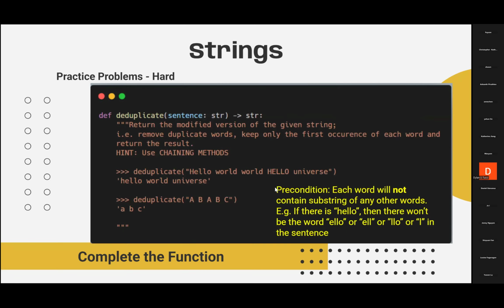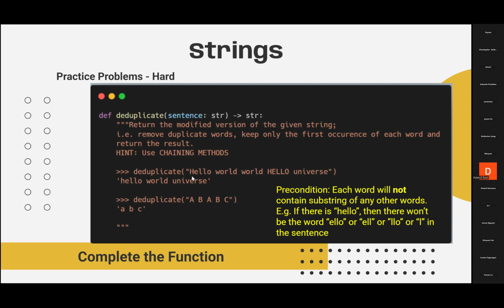Okay, practice problems, hard. So we have deduplicate. Return a new string that removes the duplicate words and keeps only the first occurrence of each word, and return the result. For example, if you have "hello world Hello universe", you should return "hello world universe",